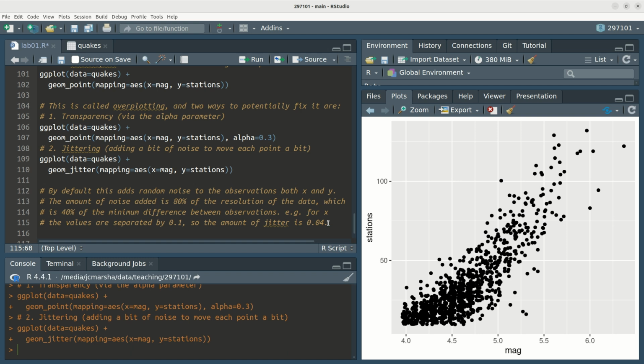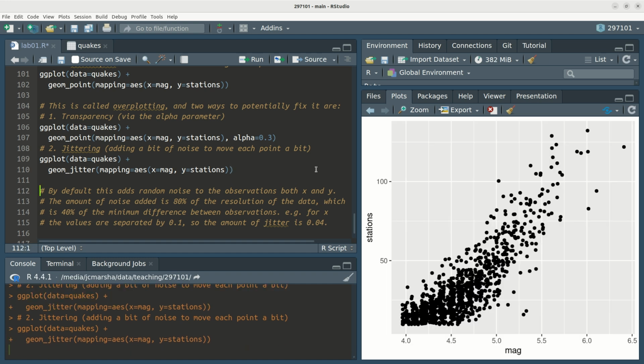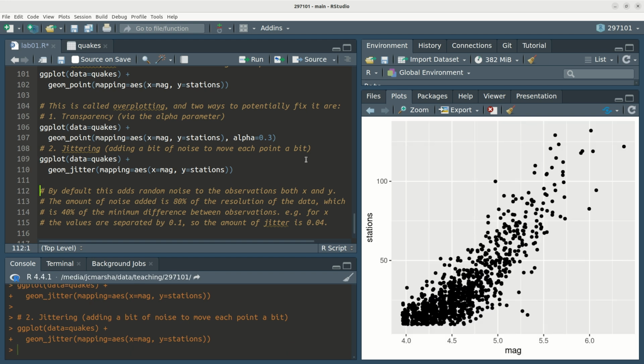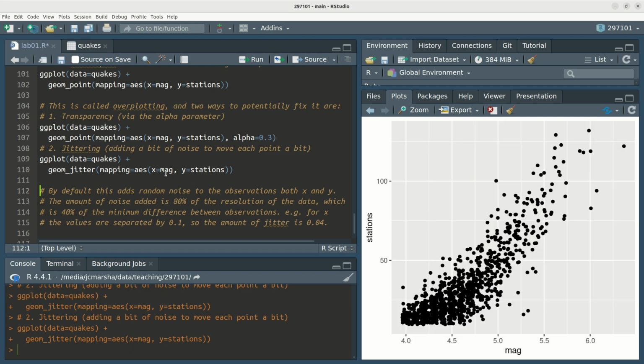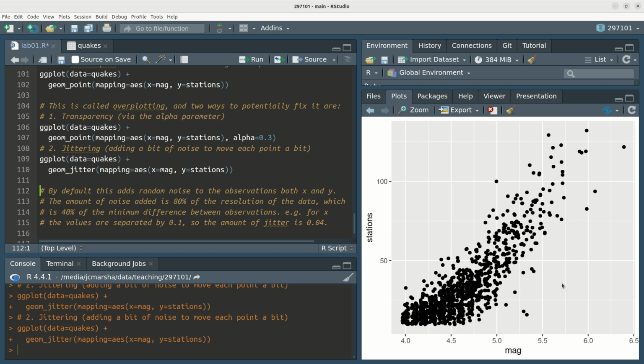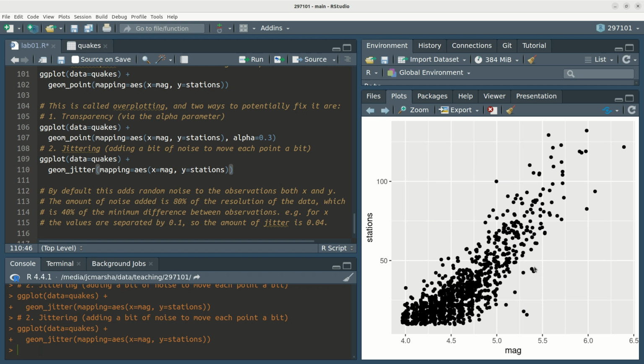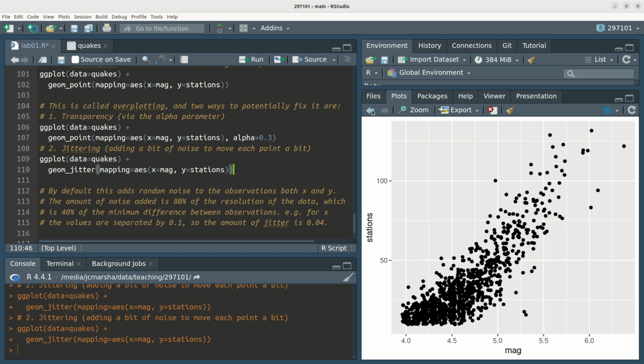So in this case of this chart here, we will have jittered the observation. So if we just run that code a few times, we see that each time we run it, we get a different result because we get different random noise, right? And you'll notice that if you skip through these, the points are actually moving a little bit vertically as well as horizontally. It's a little bit hard to see. You can see it here. So if you look at these 2 points here, right, then you can see that they're moving vertically as well